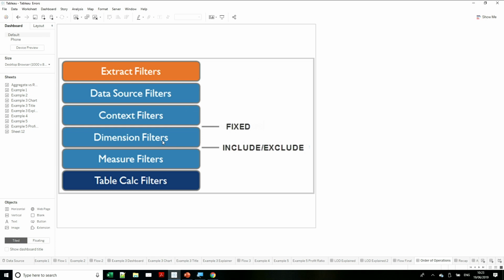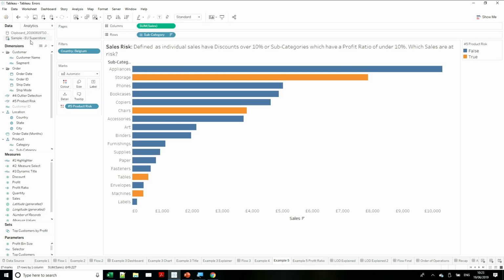So dimension filters, which is the filter I'm using to filter Belgium, happen after the fixed calculation happens. So we need to use something that happens before. And in this case, I'm going to use a context filter. Context filters are relatively simple to implement. They move things up the order of operations. So we'll come back in here. To implement a context filter, we just need to add our filter to context, and now we get the right